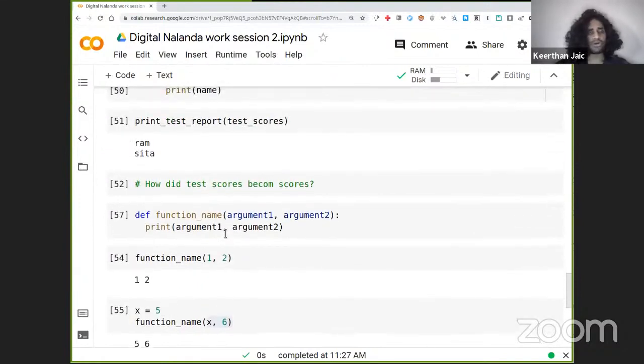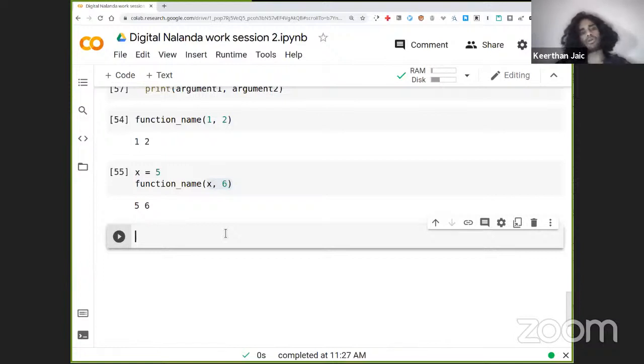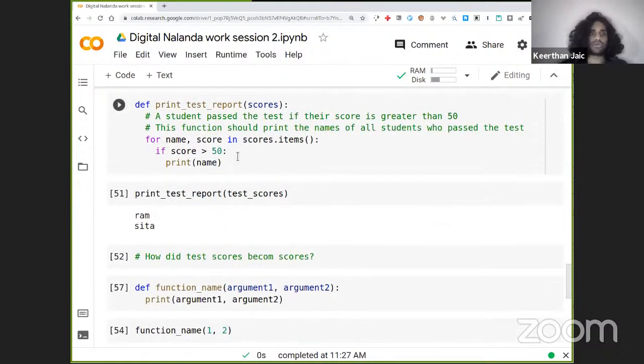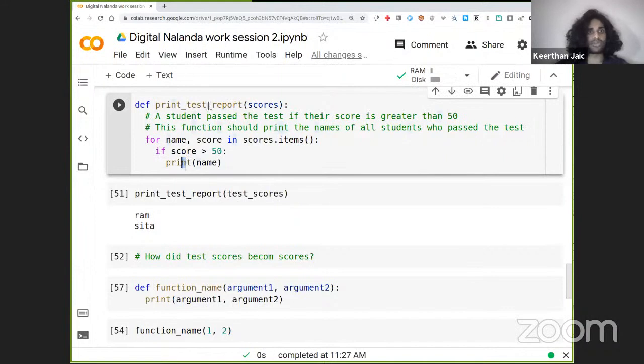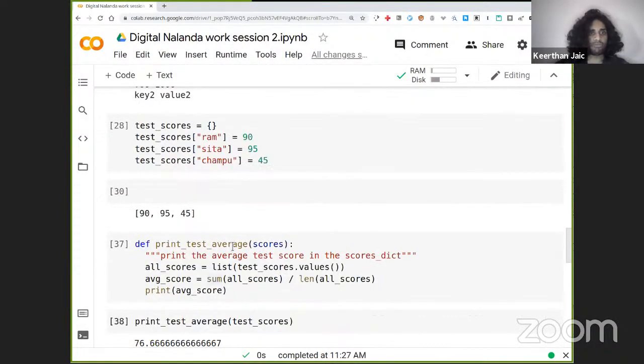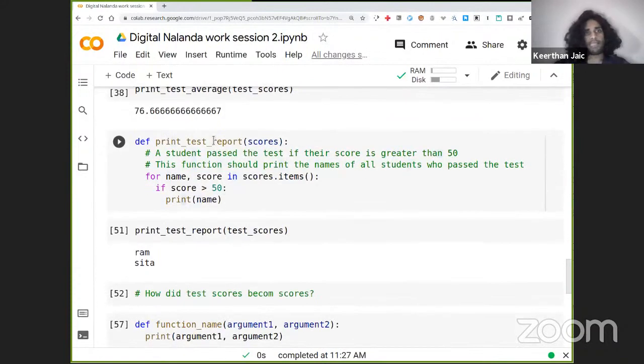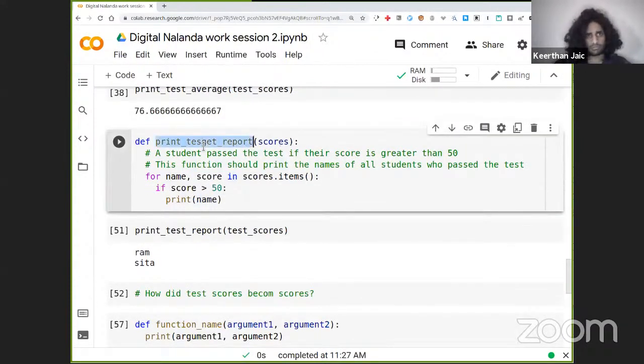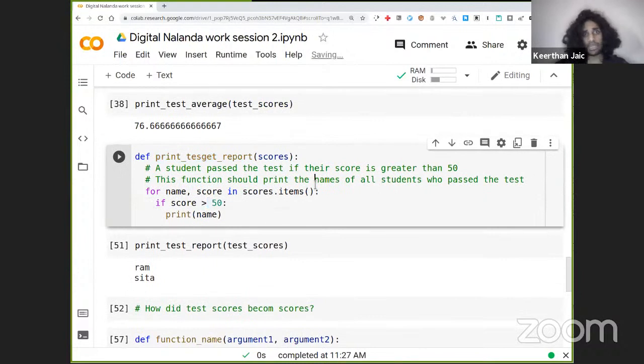All right, and one last thing, it looks like we've only got about 5 minutes or so left, is that in general, it's not very useful to have a function just print things out. It's more useful to have it return things, because then we can reuse them. If it just prints something, it's not possible to mix this function with something else. So for example, if we wanted to return a list of all the names which have passed,